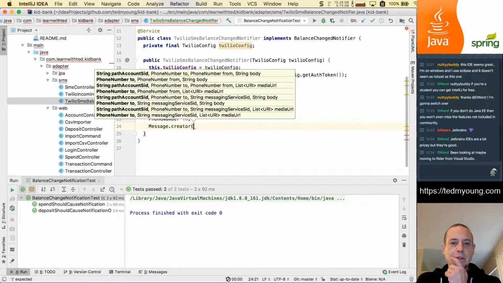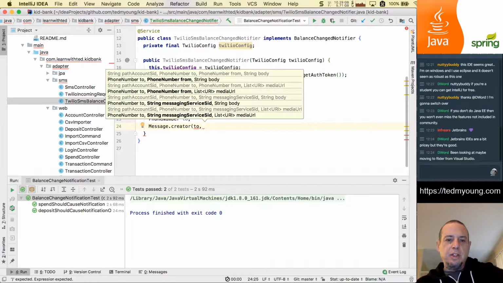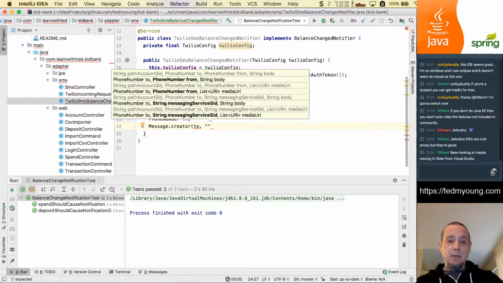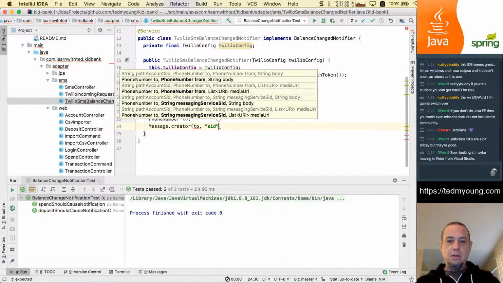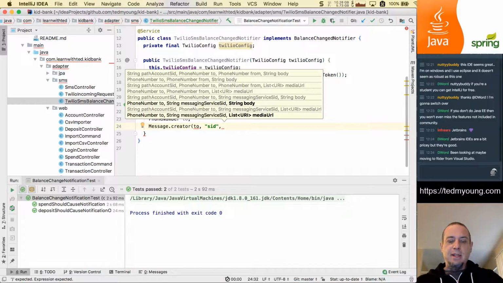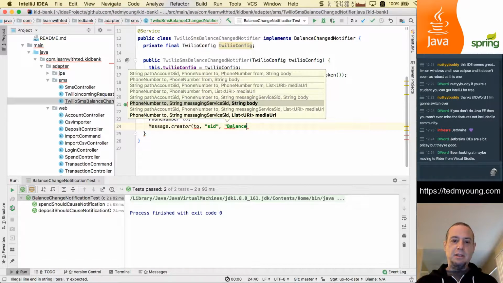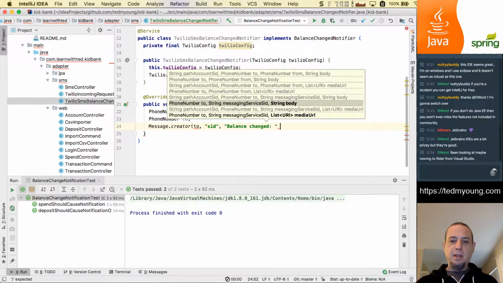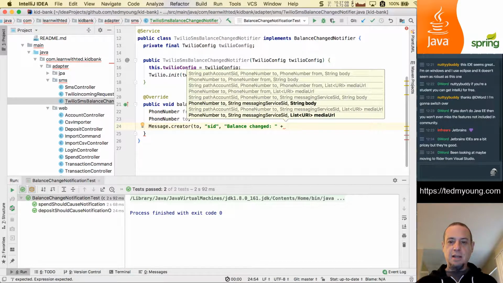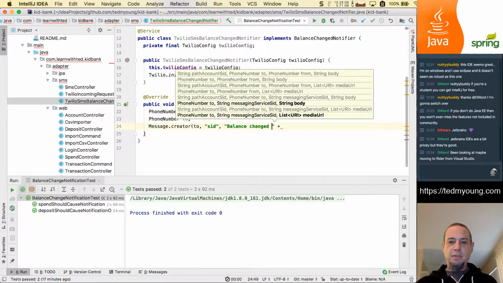And then creator will take, I guess, the 2, messaging service. So I can specify the phone number that it's coming from. I assume that has to match the one that's in my account. Or I can use the messaging service SID. So let's say I did that one. And then the body of the message, which will be balance changed. Yes, I'm totally hacking this together. Balance changed by